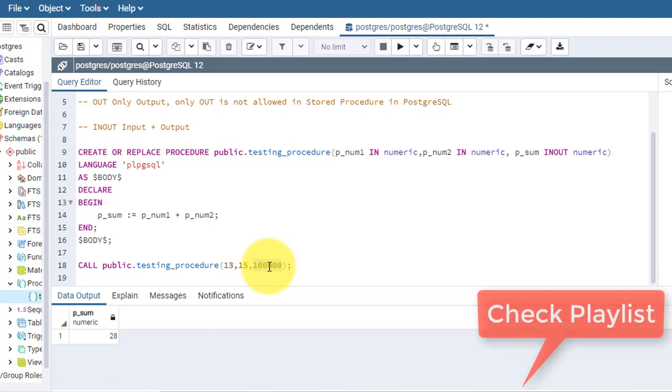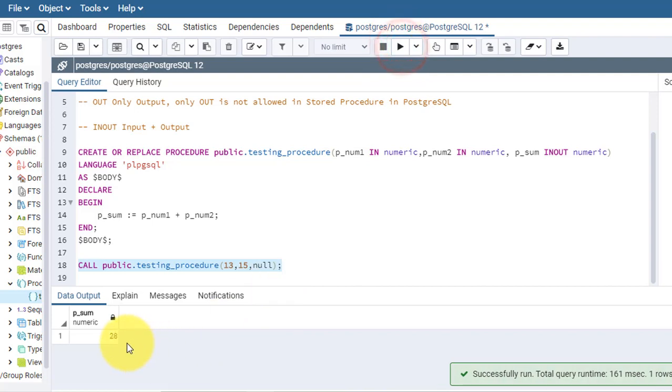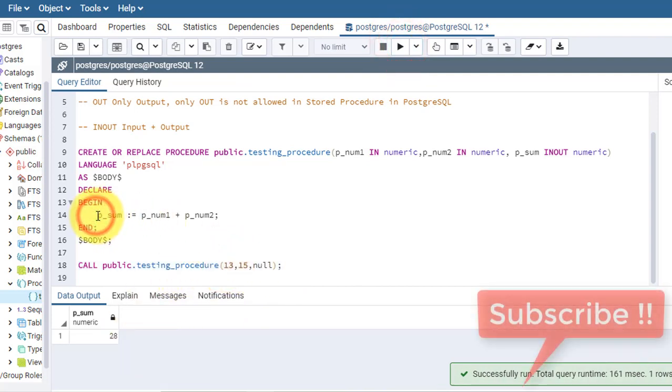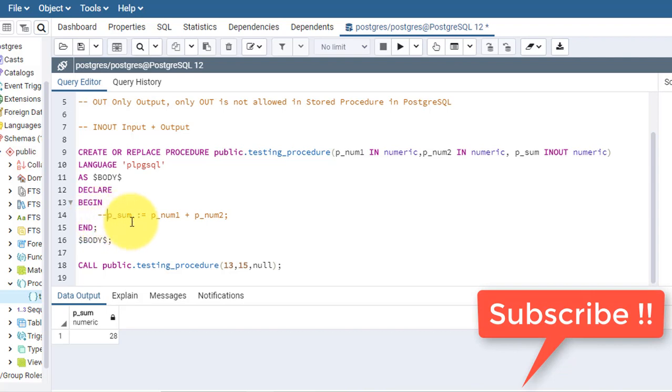Okay, there is one issue. When I'm giving null here and I'm calling it, it gives me the result. Suppose I don't assign any value to p_sum here. What will happen? It will give me null.